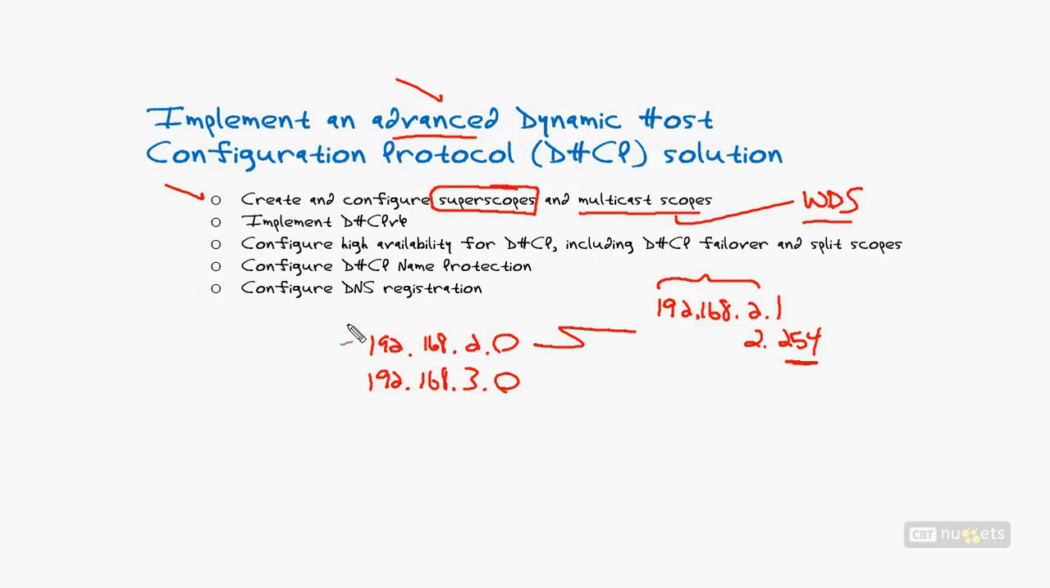Superscopes are literally the ability to take two scopes and merge them into a single scope. The idea being that your primary scope will hand out addresses until it runs out. Right? I get to my 254 addresses and I'm done. And then once that's done, it rolls over to the next scope in the superscope. Useful here if you end up having that nice but also limiting 24-bit subnet mask,